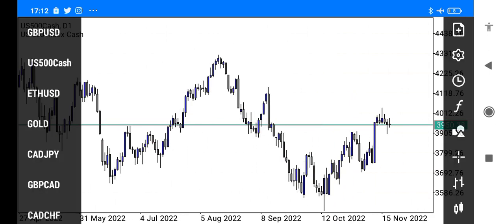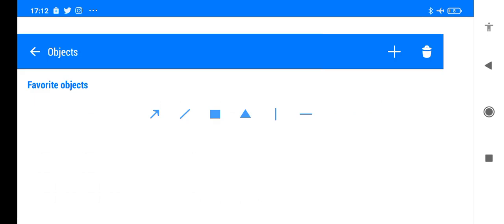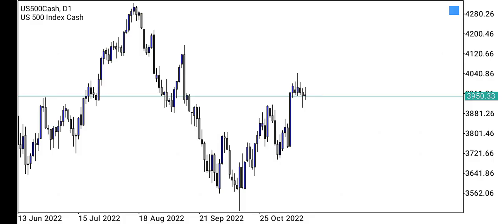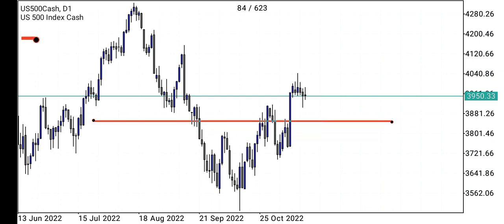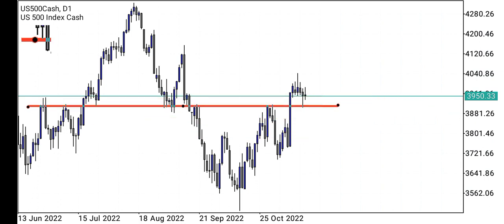So basically, I do not use trend lines because I feel like trend lines are not seen by the banks. Banks use things like indicators and normal support and resistance and manipulate you out of price action. So what we do is use things like support and resistance and zones. So basically what I do, I go into the market, take out my triangle and I highlight a zone with this red thing. Usually I use this red thing because I highlight the fact that this is a danger zone,